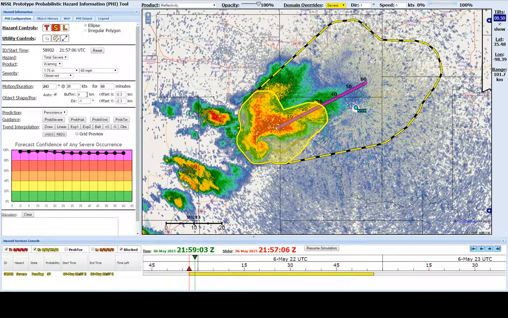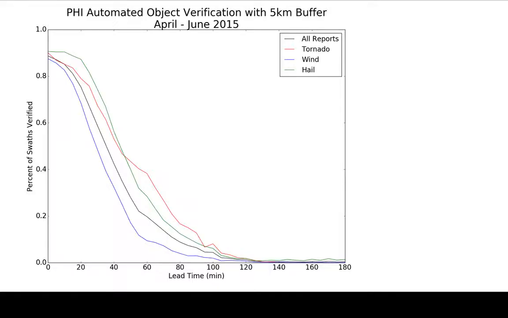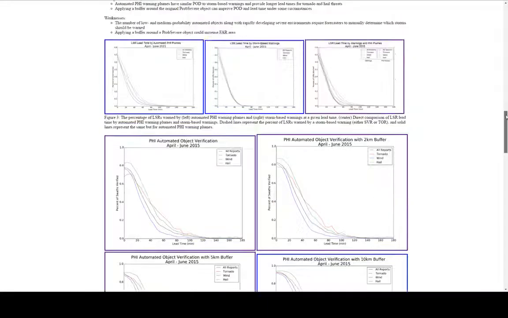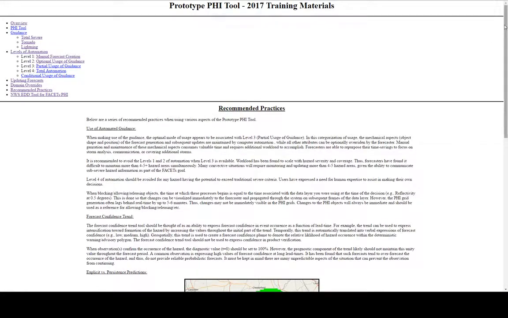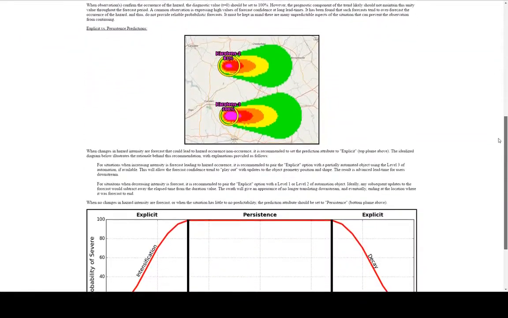Just to demonstrate, for example, you can put a negative buffer and actually make the object smaller. Okay, so that's where we've got the object now. I'm going to go back to the training and go to our recommended practices section and scroll down, because here